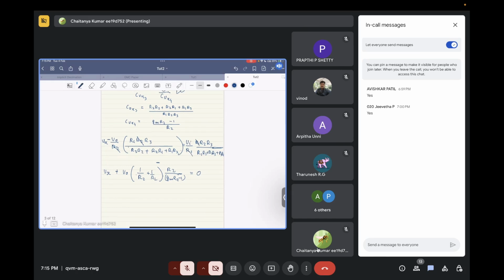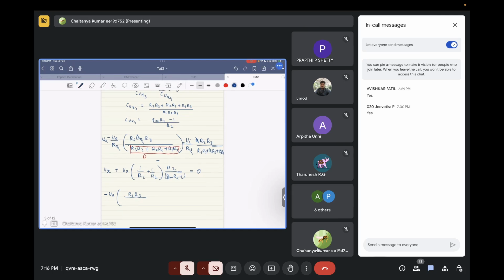So what you get is minus V naught R1 R3 divided by, for convenience, let's call this particular term D, so that our equations become a little less cluttered. So we have R1 R3 by D